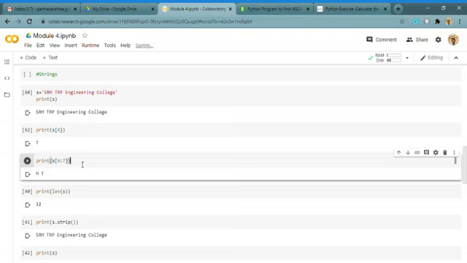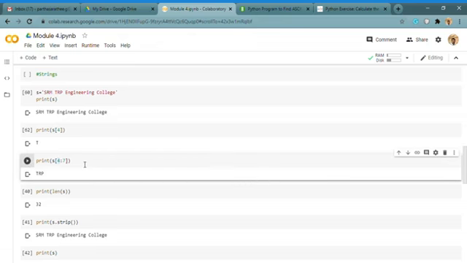So slicing is available in our list. Now I am going to print the substring available in my string. For that, print with a starting index 4. In "SRM TRP Engineering College", the 4th index is 0, 1, 2, 3, 4: T. Then 5 is R, 6 is P, 7 is a blank space. Here the end value, if it is 7, it will print up to 6 only. So it will print 4, 5, 6, and we will get the answer TRP.